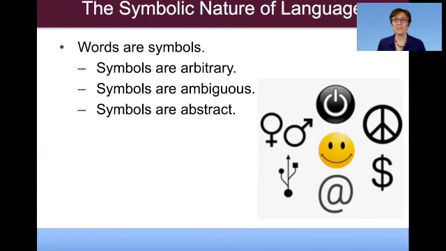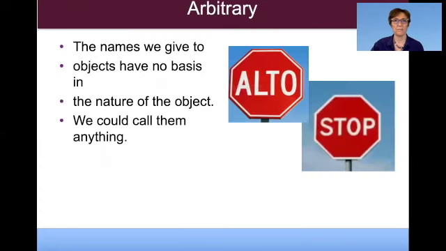So a symbol stands for something, but it's not the thing. Hayakawa used to say that the map is not the territory. So the words are not the thing, they represent the thing. And here's a number of symbols in the photo that I have here, right? Some characteristics of symbols make it challenging for us, okay? Symbols are arbitrary, symbols are ambiguous, and symbols are abstract. So what do we mean by that? Well, let's take a look at each of these features of language.